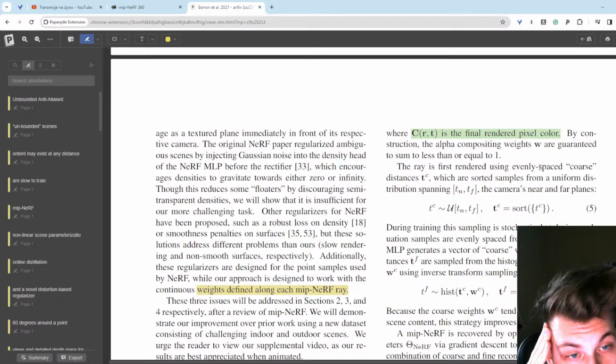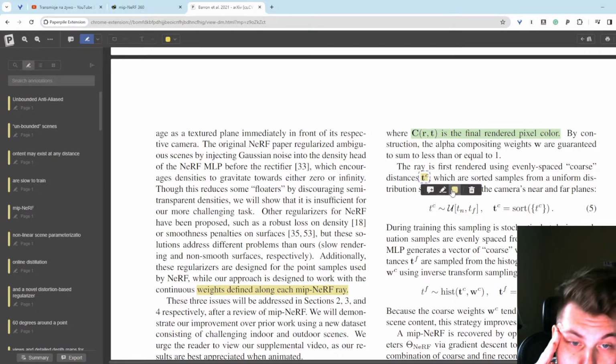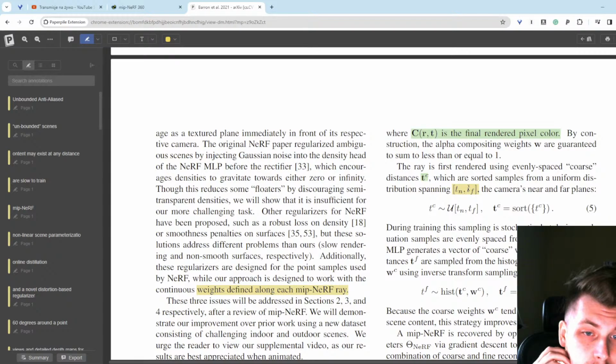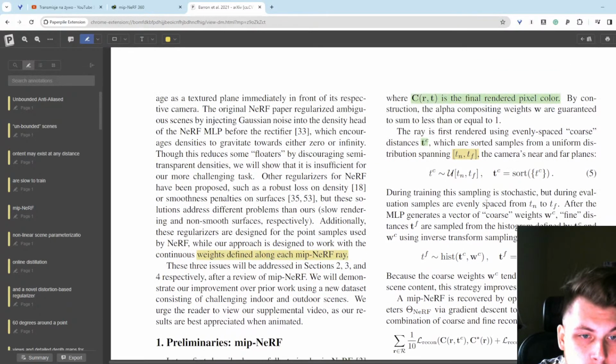The ray is first rendered using evenly spaced coarse distances. So usually you have these coarse distances first, which are sorted samples from a uniform distribution spanning tn and tf. So this is our bounded region. We have tn, the beginning, and tf, the end of the region, and we just sample along this space and sort the samples. These are the uniformly sampled points. So this is nothing crazy, this is just our assumption. During training, this sampling is stochastic, but during evaluation, samples are evenly placed from tn to tf. Okay, cool. After the MLP generates a vector of coarse weights Wc,